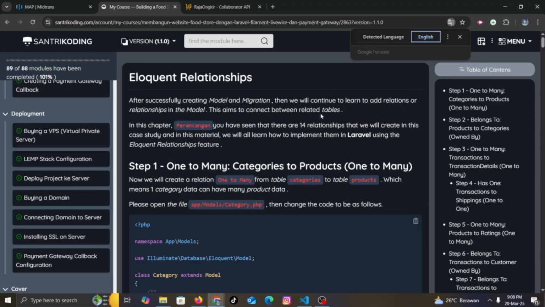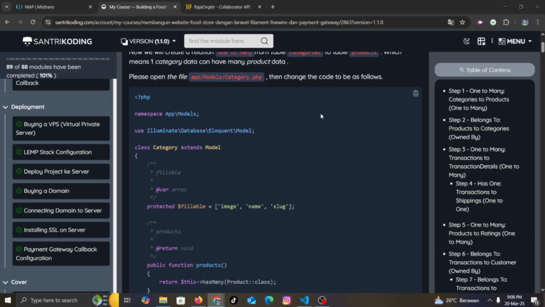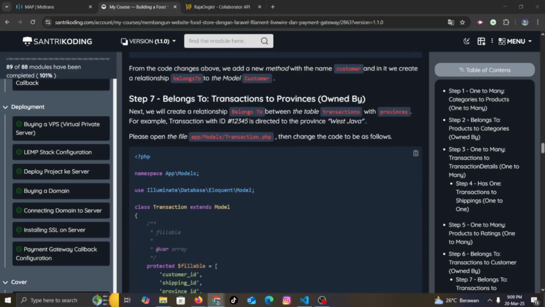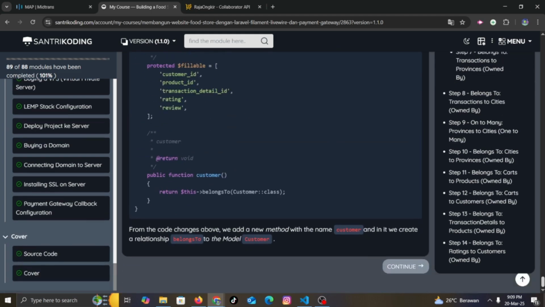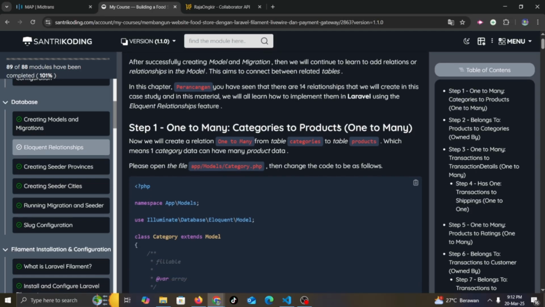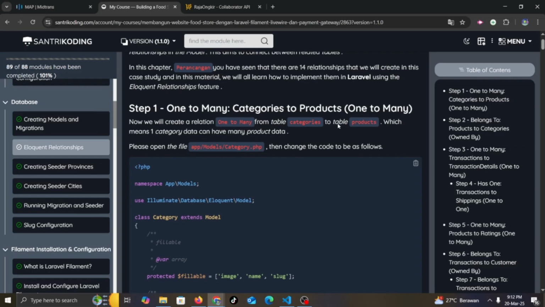after successfully creating model and migration, step 1, to manage category and products, one to many relationship. After successfully creating model and migration, we will continue to learn to add relationships in the model. This aims to connect between related tables. One to many, categories to products, one to many. Now we will